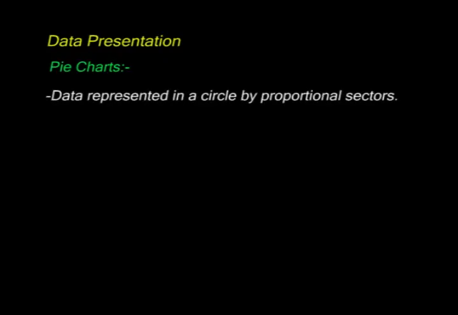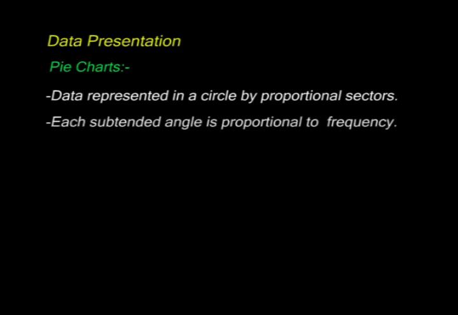And a pie chart is a graph or a diagram, usually a circle with each proportion in the circle representing a given aspect of the data. The proportions are usually sectors of a circle. Each sector subtends an angle at the center that is proportional to the amount of frequency being represented. It is a proportion of 360 degrees, the angular distance of a complete turn.